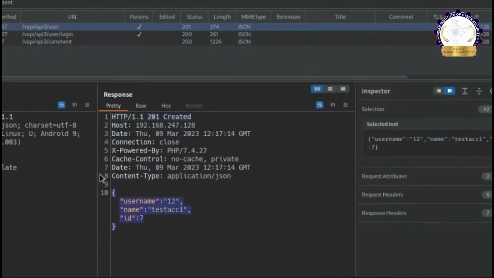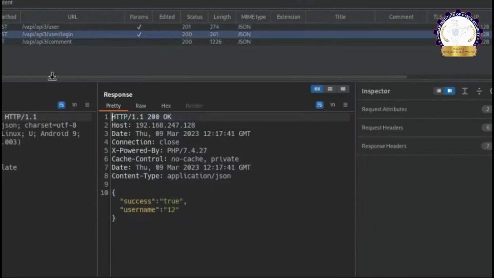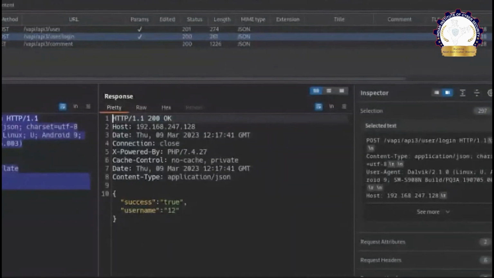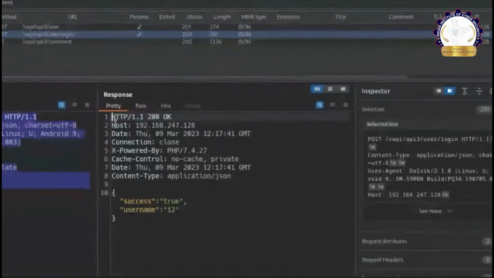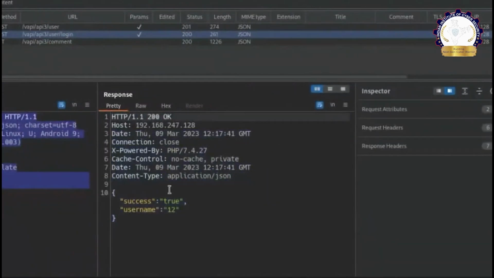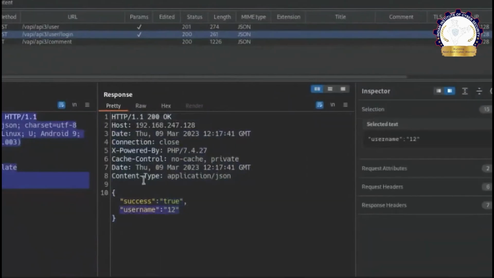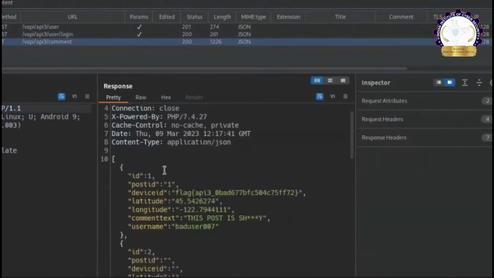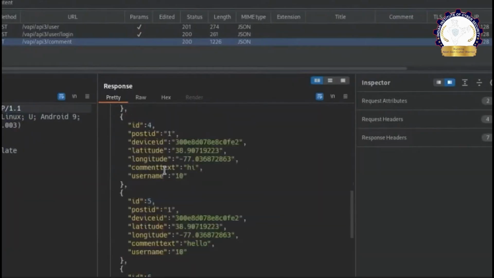So you see in this request our user got created, and next we have the second request when the login functionality happens. Yeah, we get 200 in response, that is success, and the username with user ID 12 has been created. So when we get the comment request now, we are getting way more content than we are